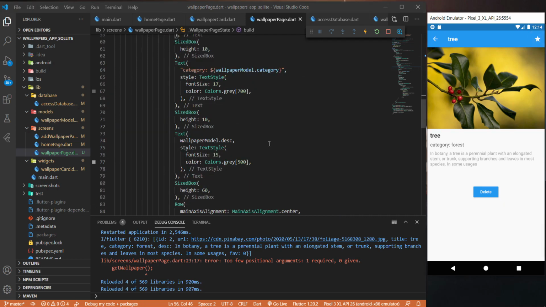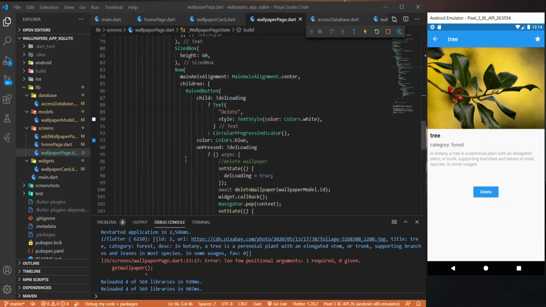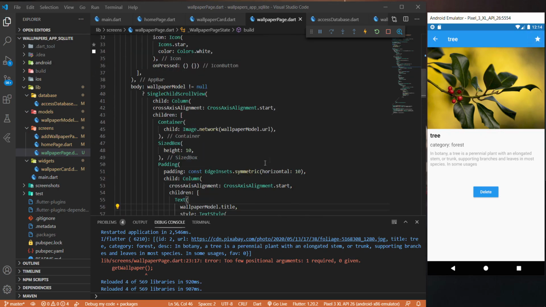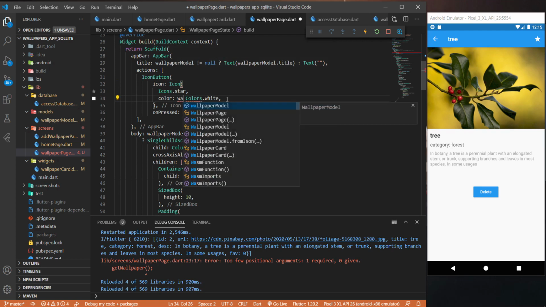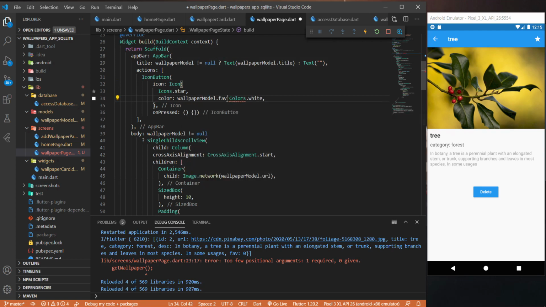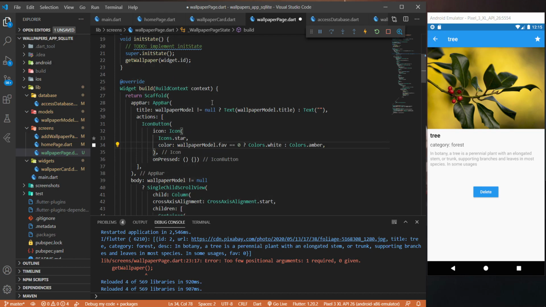And now comes the fun part. We have to implement the favorites, the favorite star. Before going ahead, we have to check if the icon is white, or if it is 0 or 1, the value of favorites. So to do that, let's just say wallpaper model dot favorite. If it is equal to 0, then let it be white, or else it will be golden color, right? So we have to identify the difference. Okay, cool. So this will indicate the difference,